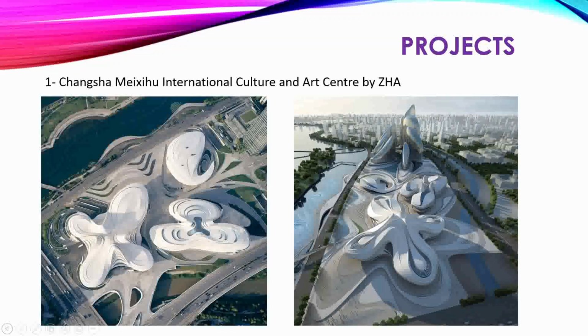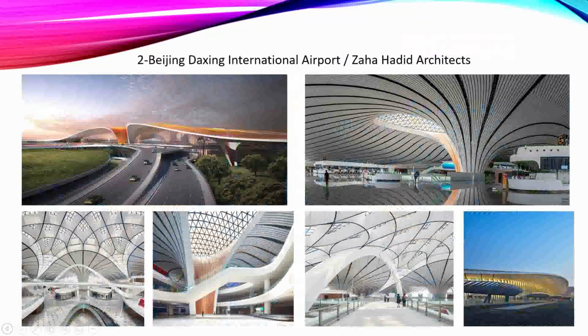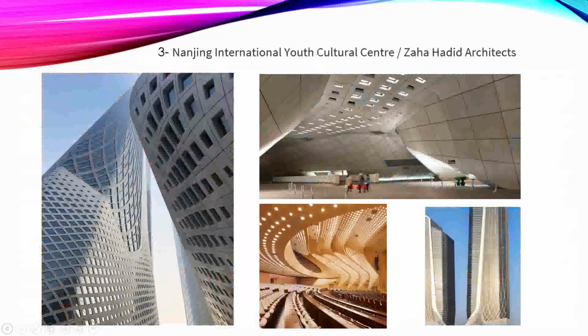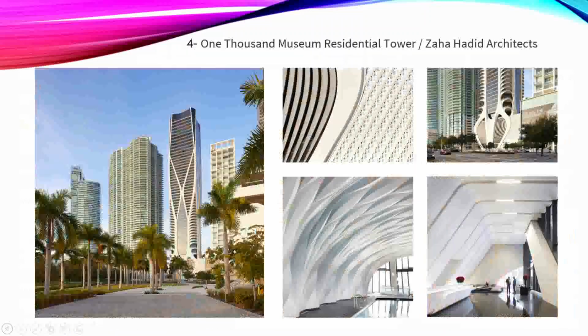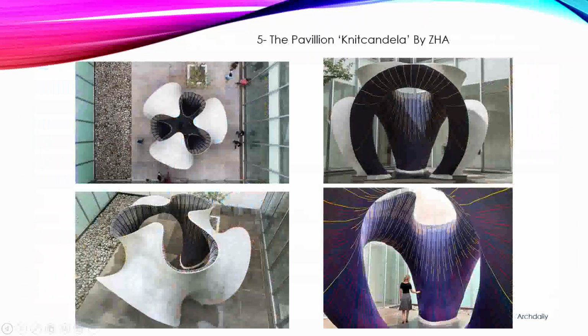Projects. First, Jiangsu Wuxi International Culture and Art Center by Zaha Architects in China. Second, Beijing Daxing International Airport by Zaha Architects in China. Third is Nanjing International Yacht Cultural Center by Zaha Architects. Fourth is 1000 Museum Residential Tower by Zaha Architects in Miami, Florida. Fifth is the Pavilion